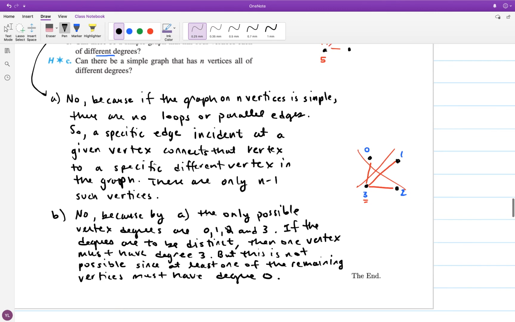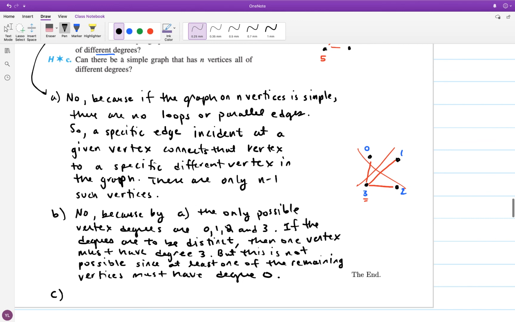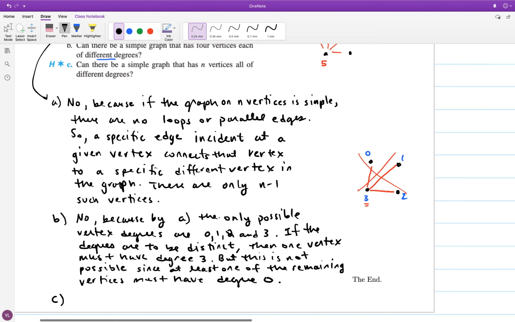Okay, and for part C, can there be a simple graph that has n vertices, all of different degrees? It's actually exactly the same argument that I just went through, but for a graph on n vertices instead of 4. So same argument as B, the answer is no. I'll say similar. You have to change the 3 to an n minus 1,